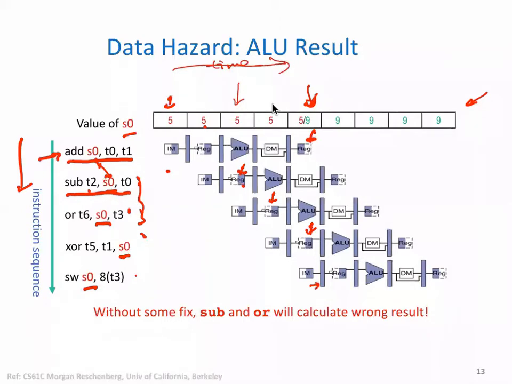Fourth, so you can see that this value of S0 ideally should have been coming here, and also it should come here. Now at this point in time, when we are using it in this instruction, the correct value is available. So if the cycle time is large enough for writing to happen and reading to happen one after the other, then this should be okay. So this is okay, it's shown as green. Okay, and the next one is also okay.